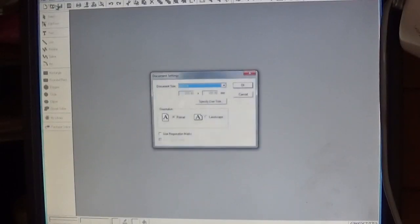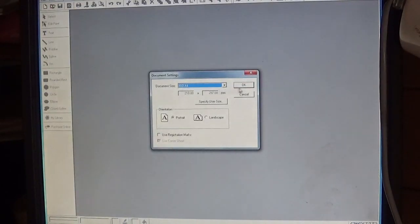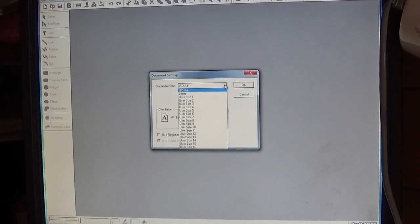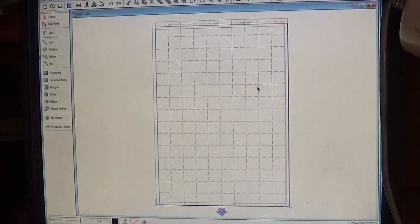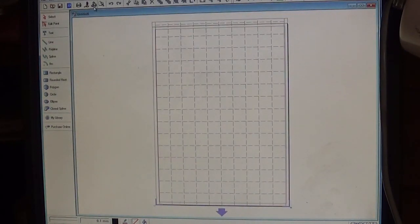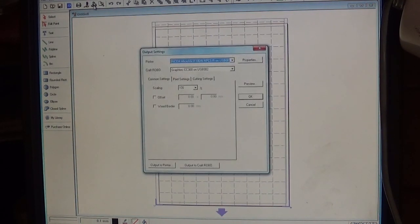From here, to check to see if it's all in and working okay, you just go to File, New, go for A4, in portrait, and just click OK. And then up here you've got the spanner over the printer, and that says Output Settings. Click on that one, and you can see we've got Craft Robo CC300 on USB 2 as the Graphtec Craft